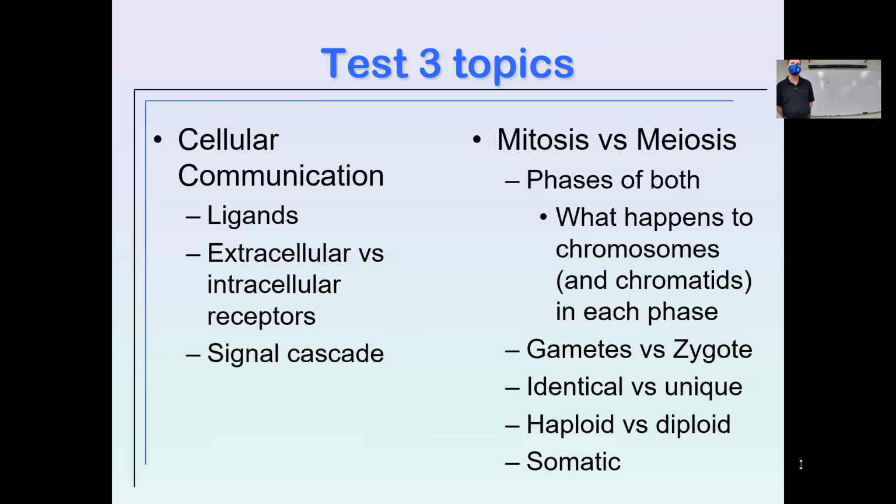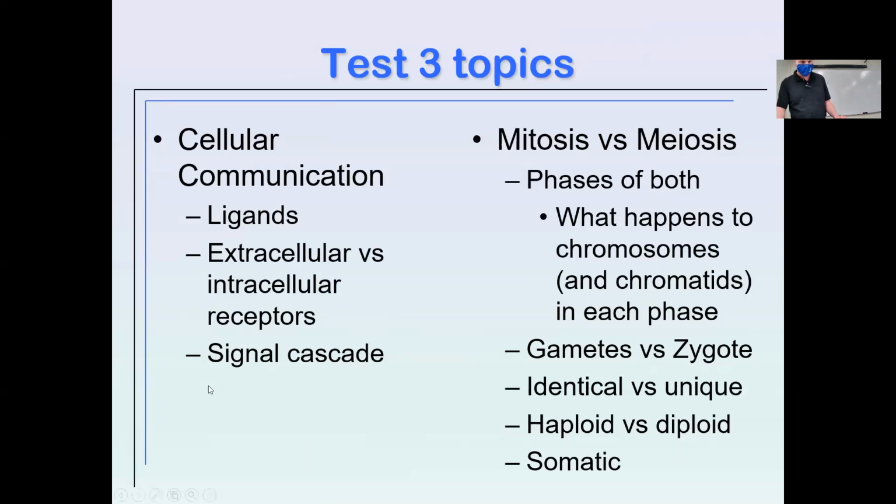Communication occurs at the molecule we call ligands. Ligands will bind to either extracellular receptors on the surface of the cell, or in the case of a ligand that cannot pass through the cell membrane, that would need to bond to an extracellular receptor. Some ligands can pass through the membrane, and so an intracellular receptor can receive those signals. Signaling cascade is what occurs after that signal has been received by the cell. So it triggers all kinds of responses. One of those being,